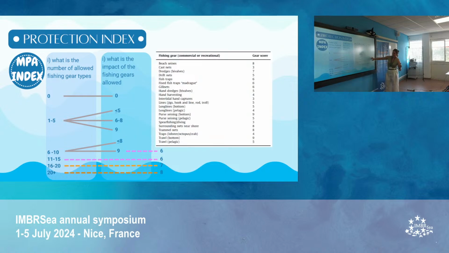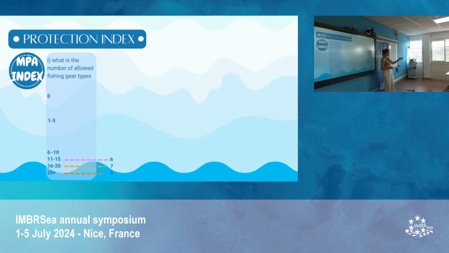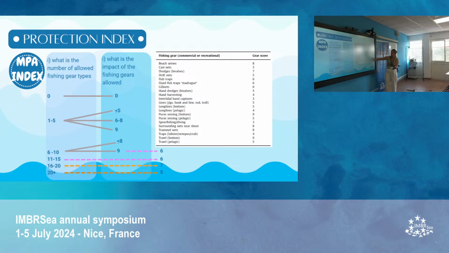So, yes. Nice. Kareem probably knows a little more. He was on the paper that did this. But first, there were four questions that were asked and a flow chart that we followed for each MPA. And within MPAs, there are zones, right? So each zone was assigned an index, and then the same weighted average with the area was created. So you go through this flow chart, and the fishing gears have a level, and you choose the